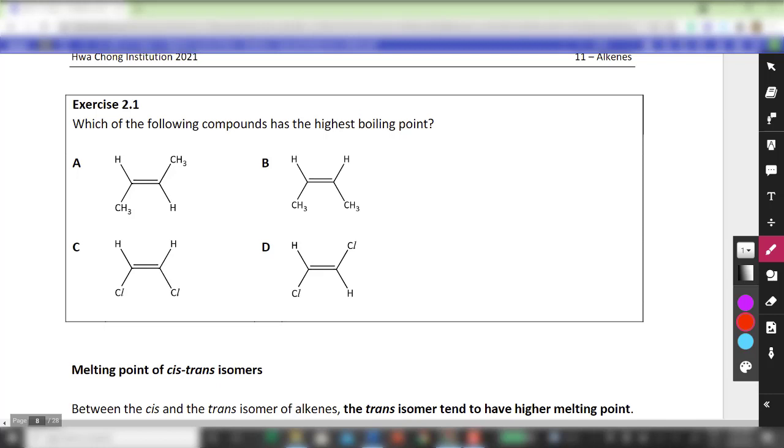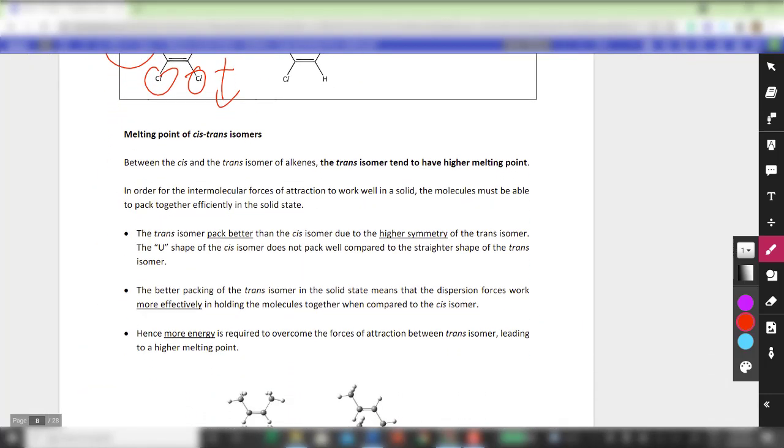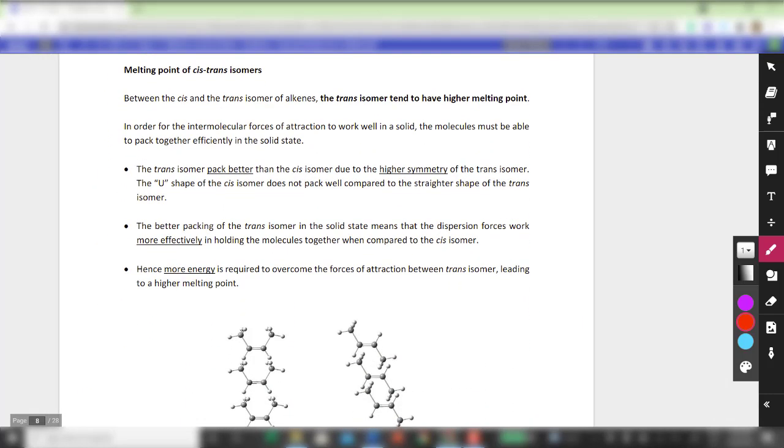Okay, so definitely A and B are out, because A and B are just alkenes without a polar group. And then between C and D, of course, there's a net dipole moment going in this direction, so I will pick C. Okay, for the melting point, as we mentioned earlier on, the trans isomer packs a little bit better